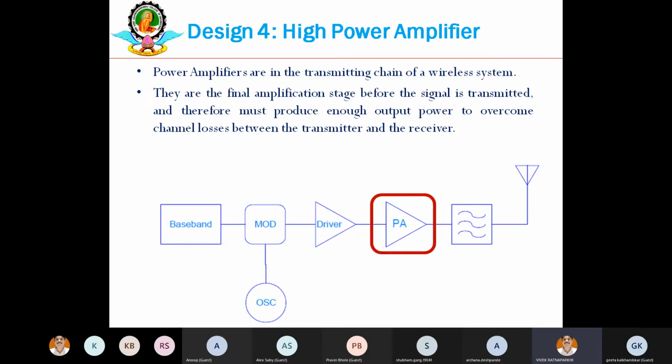At the same time, what we discussed in our previous exercise was the low noise amplifier. The prime requirement from a low noise amplifier is that it should amplify the signal which has traveled a long distance with a certain amount of gain, but at the same time it should introduce minimum noise of its own. That is, the noise figure is most important for the low noise amplifier, which is the first block of any receiver, and output power has to be given due importance, or rather the most important parameter will be the output power for power amplifier design.